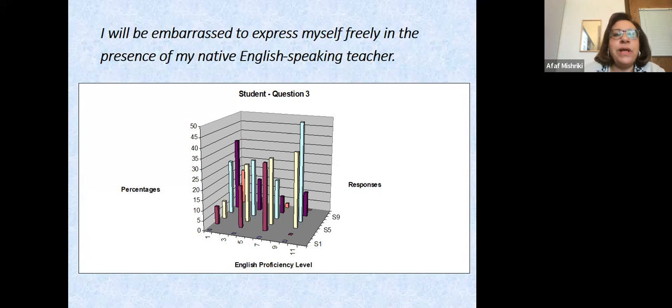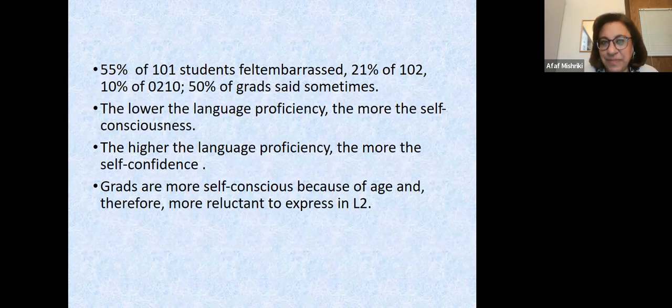Okay, let's see some of the results. All right, so for a statement like this, from the student questionnaire: I will be embarrassed to express myself freely in the presence of my native English speaking teacher. Okay, so what we found was this. If you look at the percentages of students, the lower the language proficiency, those in the lower group, the more self-consciousness. So yes, they were more embarrassed to express themselves in English because they were not very, very sure of their language. But the higher the language proficiency, the more self-confident the students were, and therefore they responded negatively